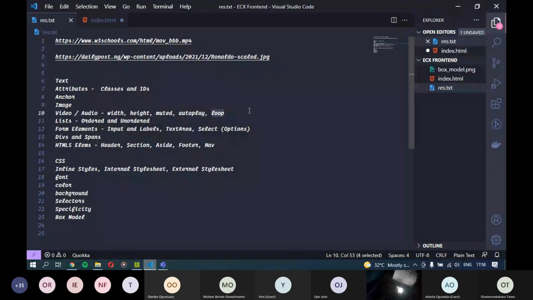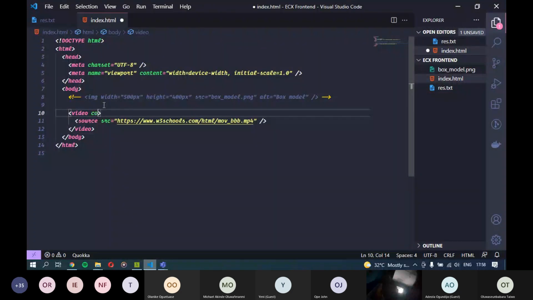So I'll just go through them very fast. Typing controls here just like this without giving it any value, what this does under the hood is it's telling HTML that